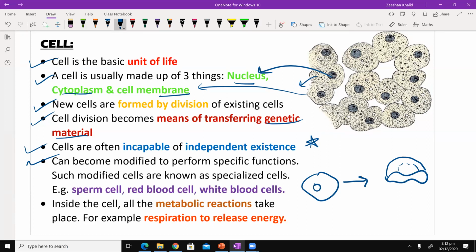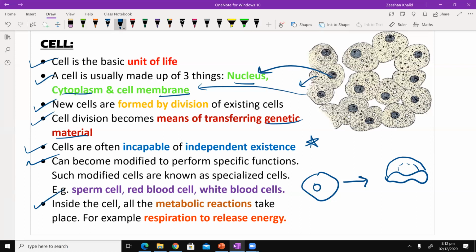But again, the fact that a cell becomes specialized means that it becomes specialized in a particular function. Like, for example, you go to doctors who are specialized, a child specialist, maybe, I don't know, a bone specialist, whatever the case is. Inshallah, we will be talking about examples of this.